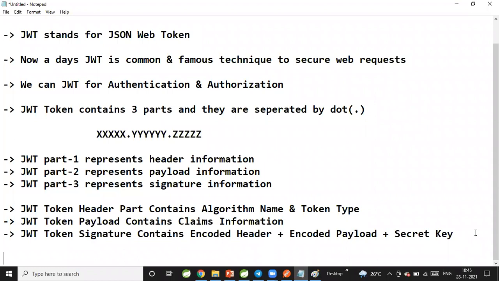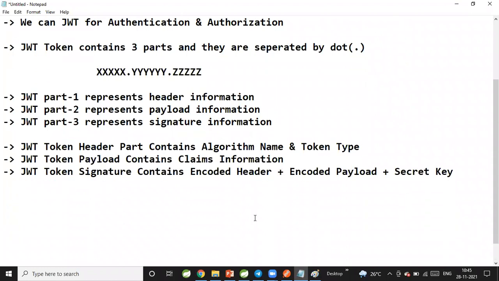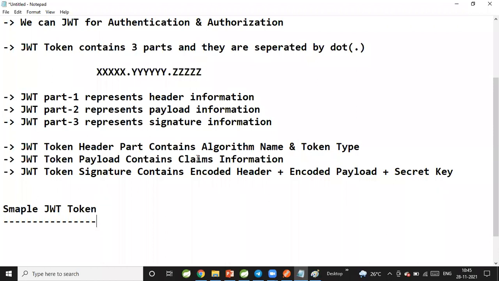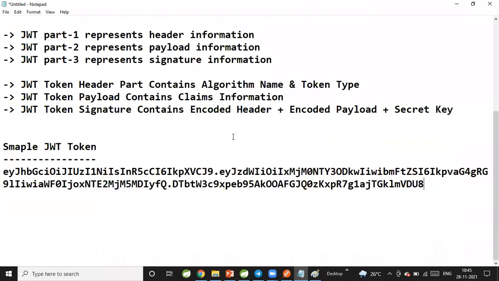We can encode and decode a JWT token by using the JWT decoder debugger. On the official website jwt.io, we can find a sample JWT token, which contains three parts.